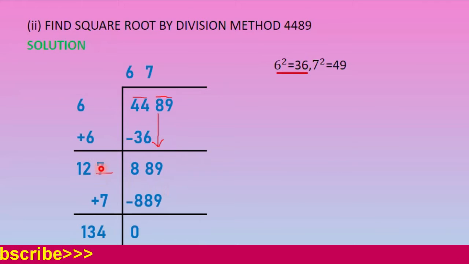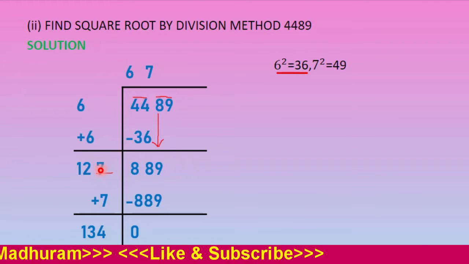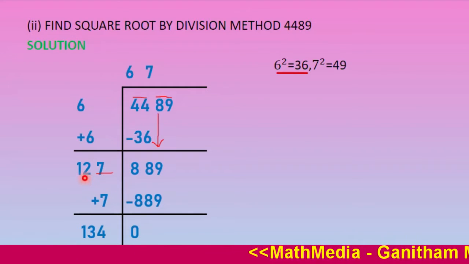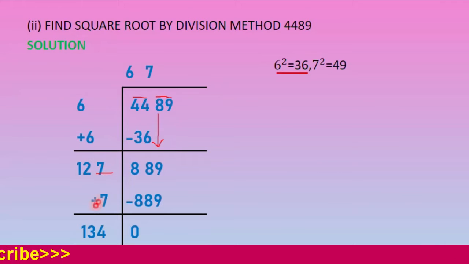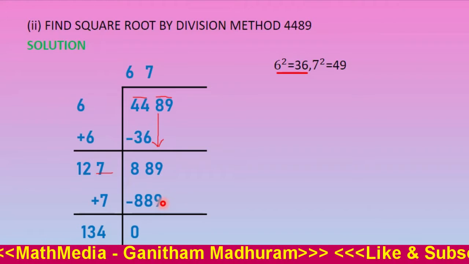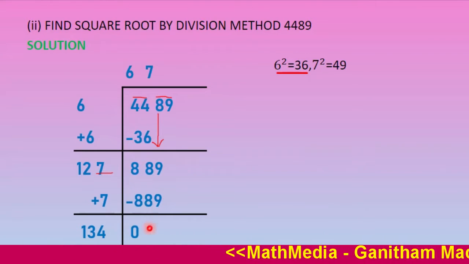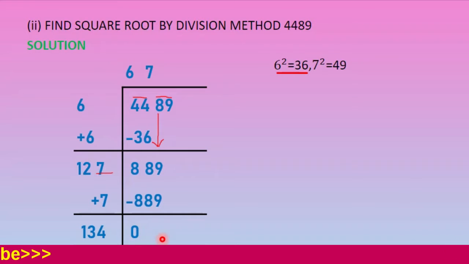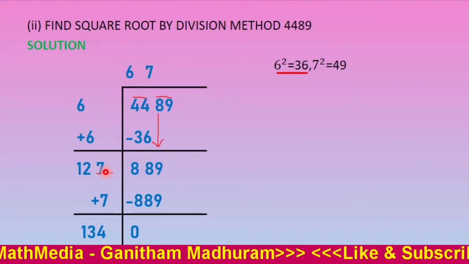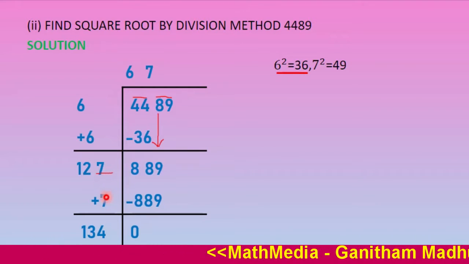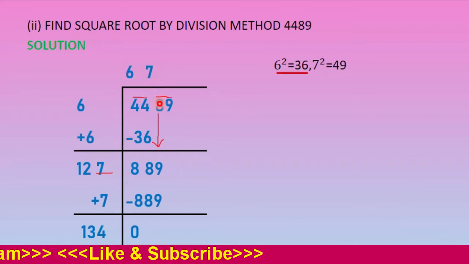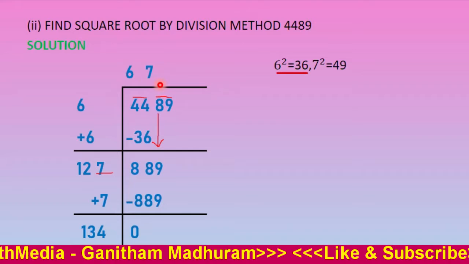So we can go with the 7. So we can write 7 in this blank space, and with the 7 you have to multiply. So our number will become 127 multiplied by 7 will give 889. So subtract this one, we will get 0. Our process is over. Which number we have written in the blank space? 7. So this 7 should be written 3 times, just below the divisor and once again in the quotient just above the second group.